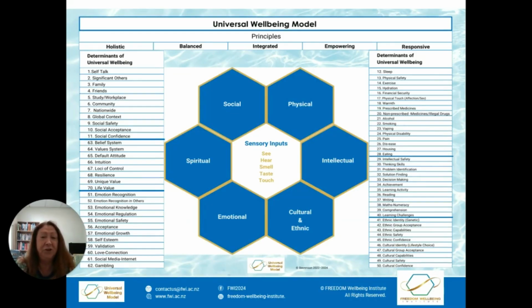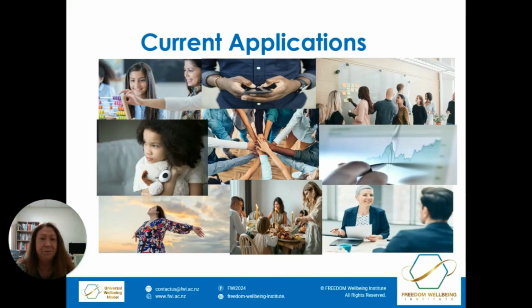In this slide, I show you a full colour picture of the Universal Wellbeing Model. And of course, there is much more to learn about the actual determinants of universal well-being, how the different dimensions are distinguished, and so on. But in this one slide, you can see all 4 components of the Universal Wellbeing Model. Now, you can access free black and white copies of this model, or you can go to a shop if you would like a colour version of this full version of the model.